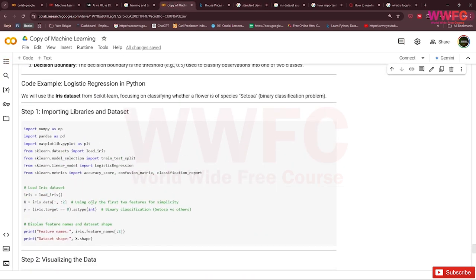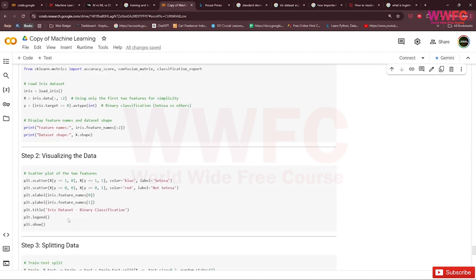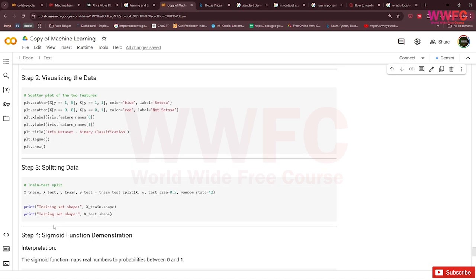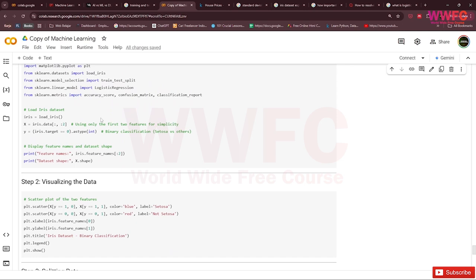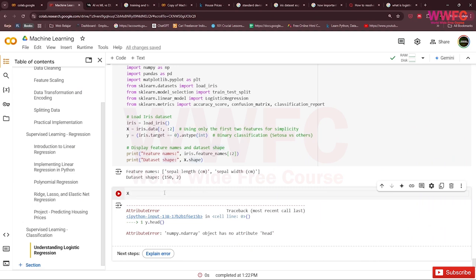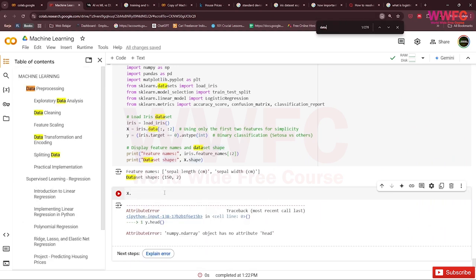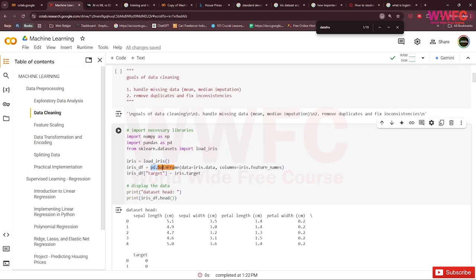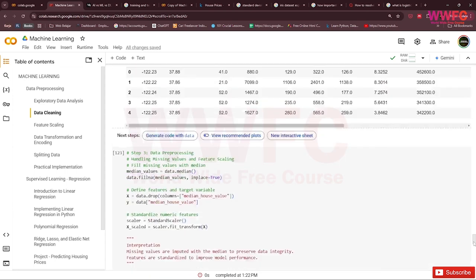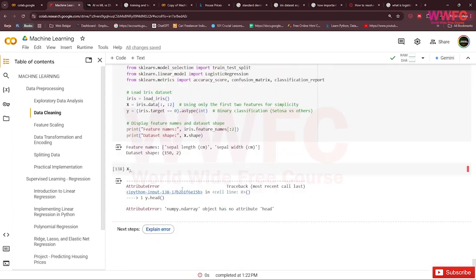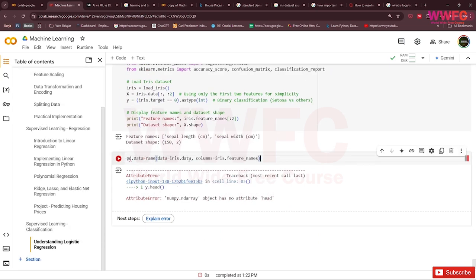Maybe we expand this into a data frame, a pandas data frame, using X.